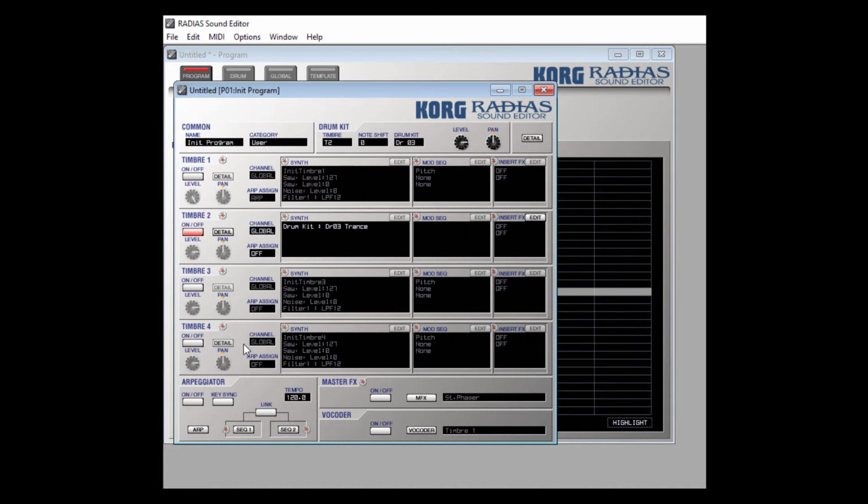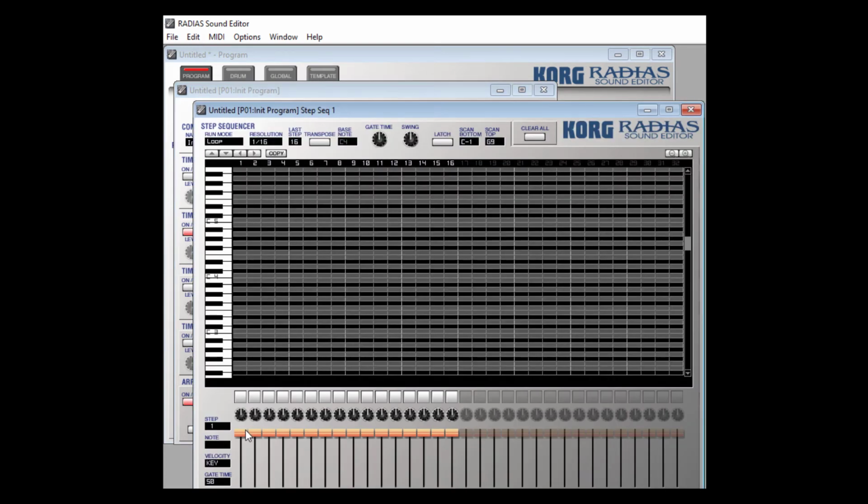Now to identify which percussion notes go to what keyboard, make sure you have turned the arpeggiator off. I can see C2 is a kick sound, D2 is a snare sound, we have a clap on C3, we have closed hi-hat on F sharp. Now I'll go ahead and click the arpeggiator on again, click the sequence on 1 button,